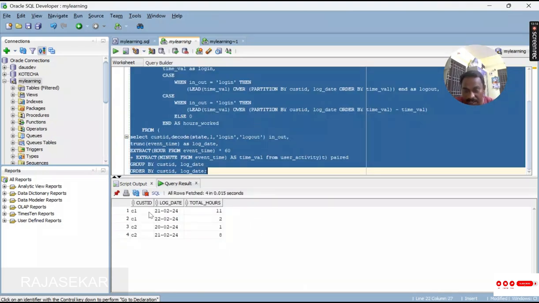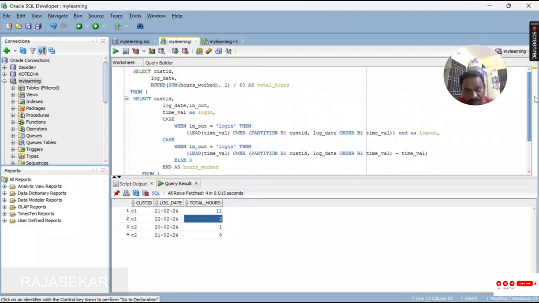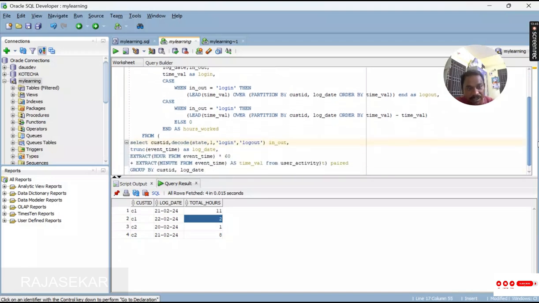See here. For C1, on this particular date he was active for 11 hours, and on the next day he was active for only 2 hours. So like this I can get the active hours user-wise. This was one of the interview questions which was asked of me around 7 months ago. I just want to share this information